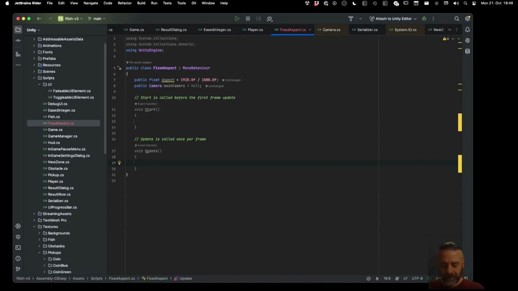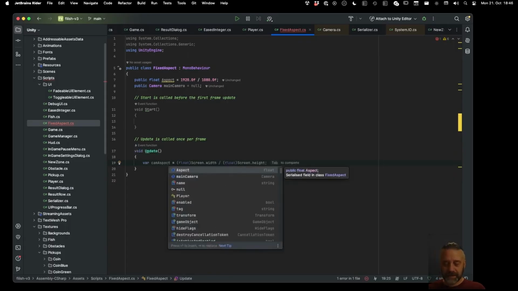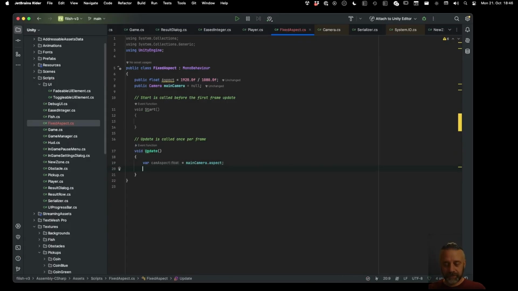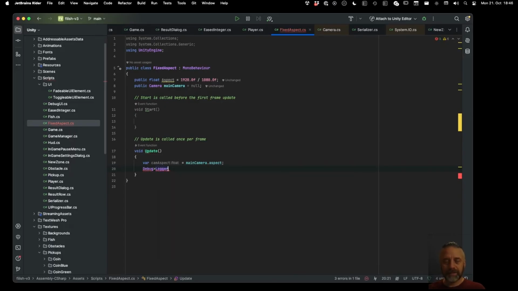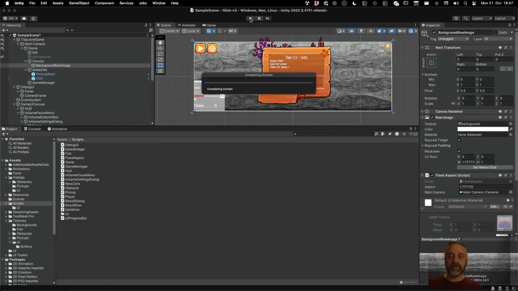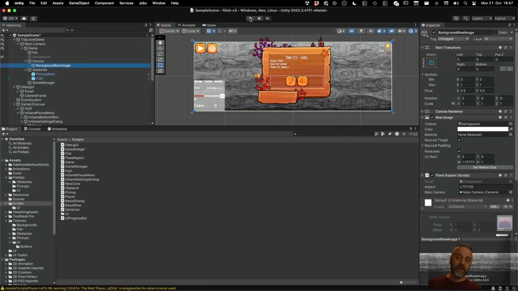So, okay, cam aspect, just for tracing it, is main camera aspect. And then we do a Debug.Log, and let's do it right. So if we press play now, on every frame we will update the